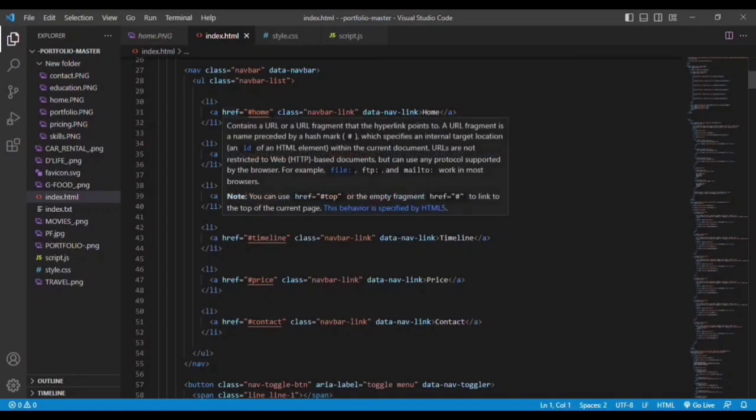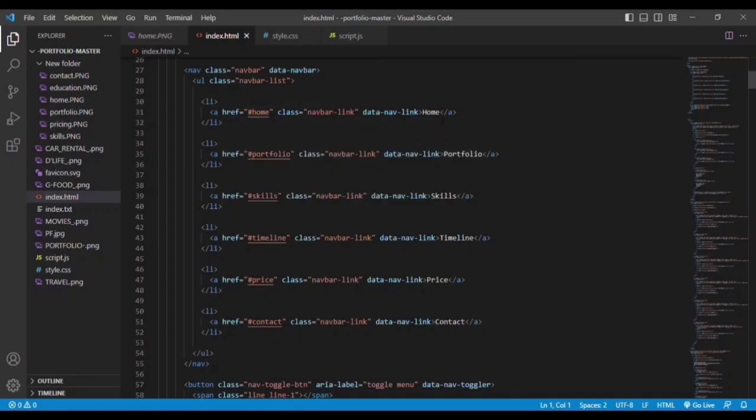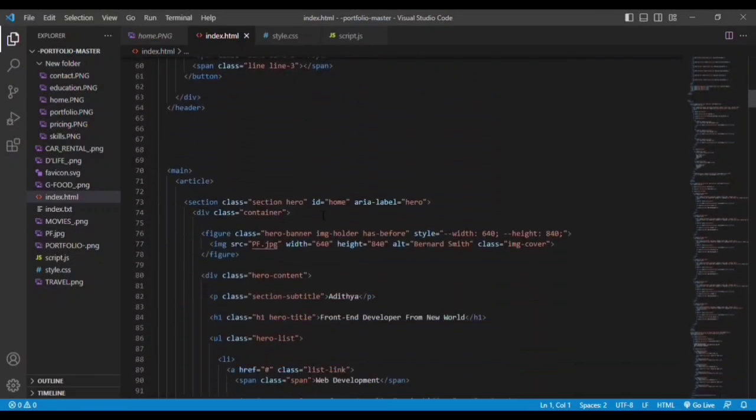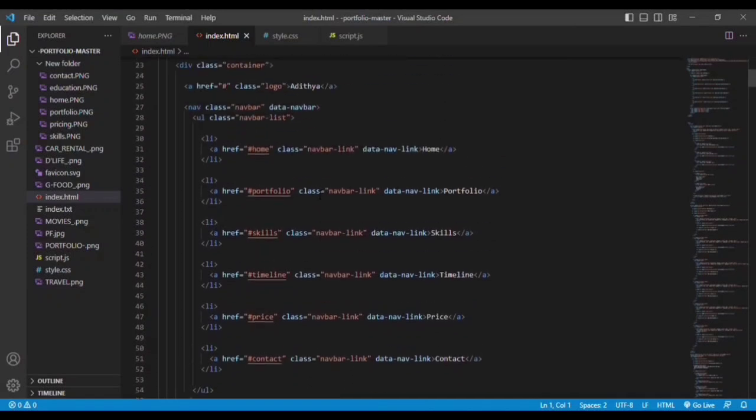This reference is nothing but, whenever you click on the home button, it will move to the home section id. You can see here for the section we have id as home, so it will move to this particular section whenever you click on this anchor tag. In a similar way, we have taken portfolio, skills, timeline, price, and contact